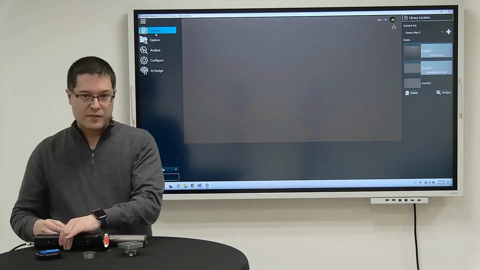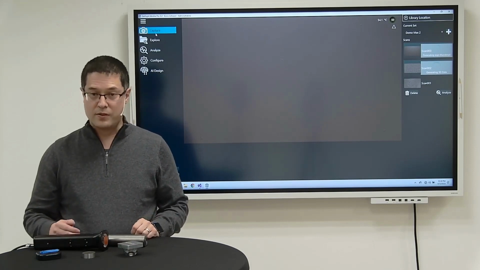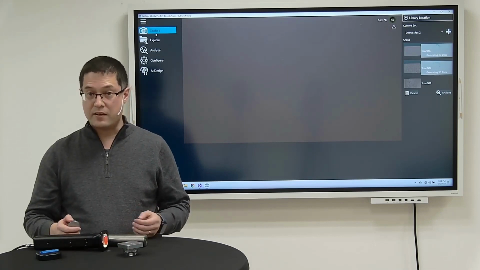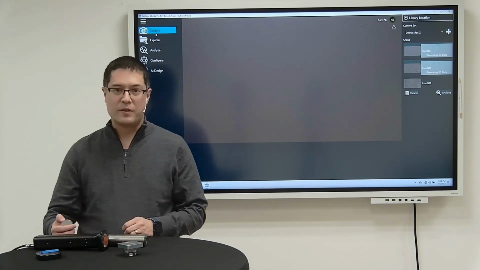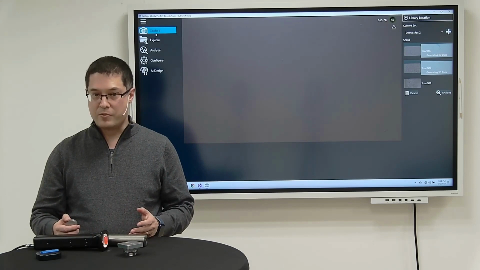After we have our measurements, we have a variety of ways that we can analyze them. One of the simplest things to do is look at roughness, like RA or SA. And in many cases, that's sufficient, because there might be a spec on what the RA or SA needs to be for this component. But in other applications, where the surface finish is not as well described by those parameters,